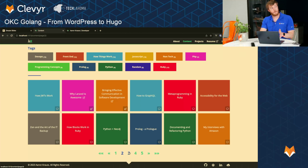These pages are all generated behind the scenes as you're building your content. There's actually an HTML file generated at /page/2. And that's where the real power of